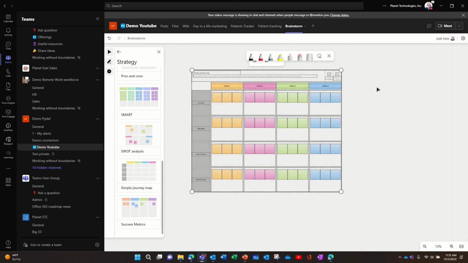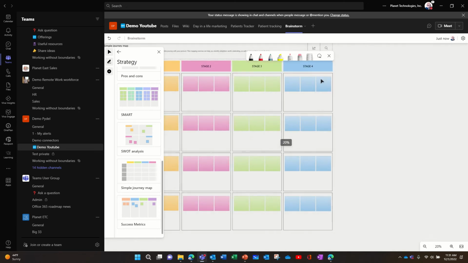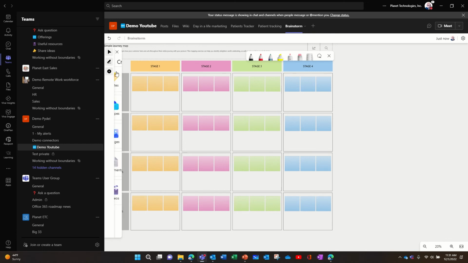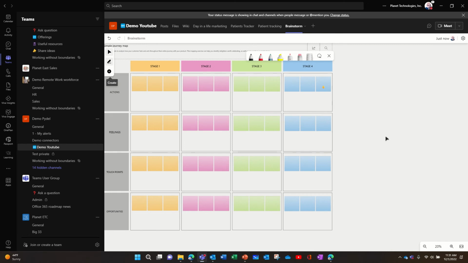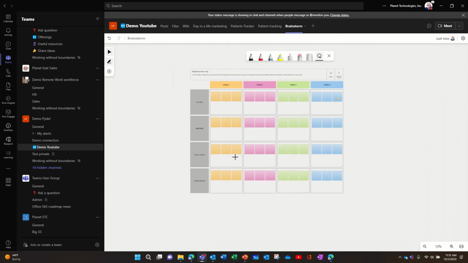So for each template, each object, you can add a reaction. So let me go back to, where should I go back? Here. For example, you can add this reaction, you like this topic, etc. So that's pretty useful. The templates are pretty useful. Let me delete this. If I can select it all up